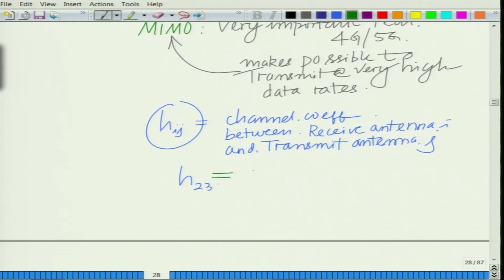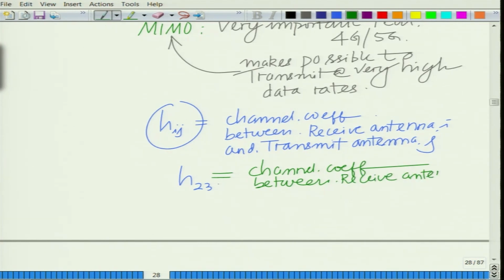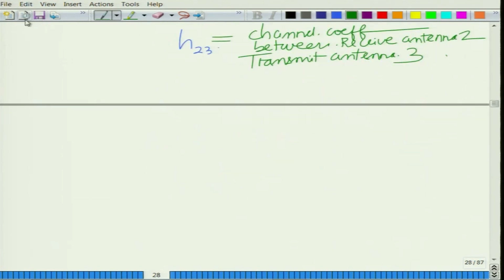This is the channel coefficient between receive antenna 2 and transmit antenna 3. So, that is the concept of the channel coefficient H23, and naturally you can put all these channel coefficients together